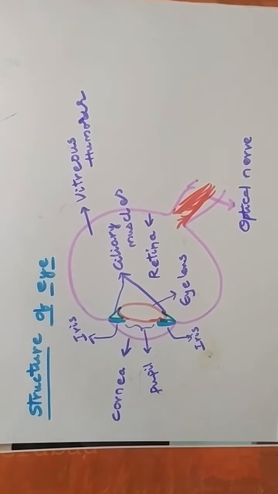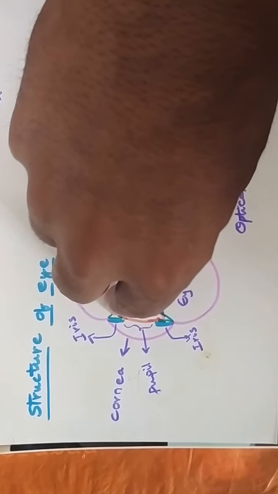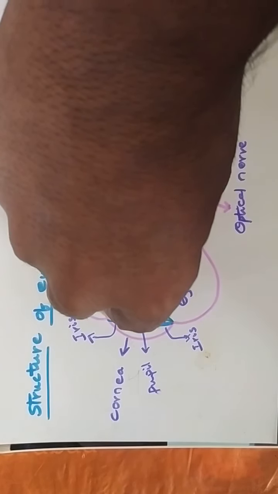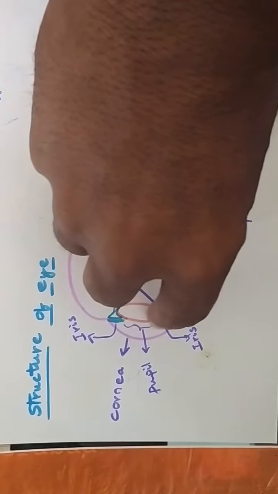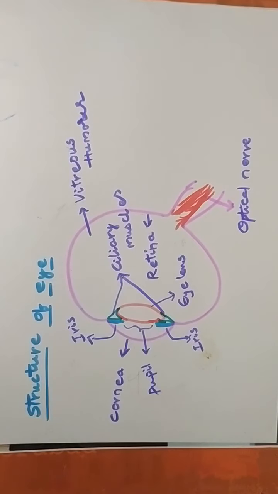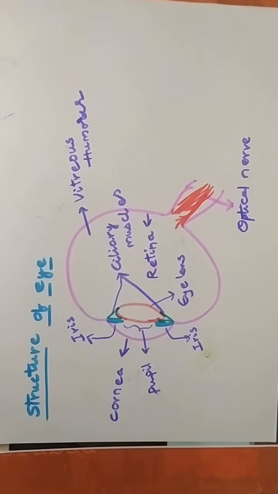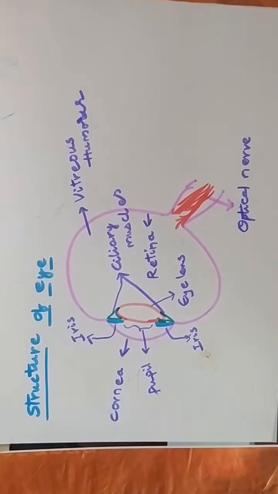It is the iris that gives the eye its characteristic color. Above and below the pupil, on both sides, we see the same part, which is the iris. The iris is the actual thing that gives the characteristic color. You might have seen some persons having green or blue eyes. Whatever the color of a person's eyes, it is mainly because of the color of the iris.